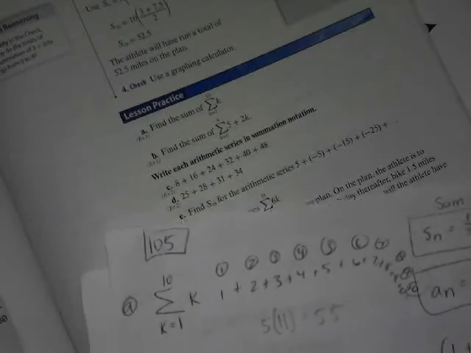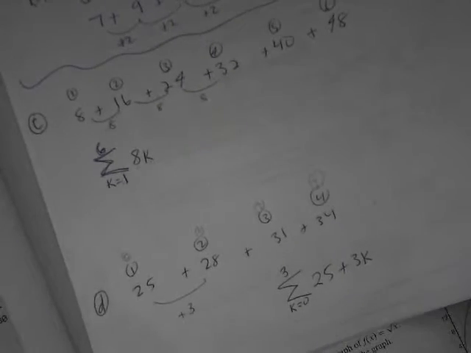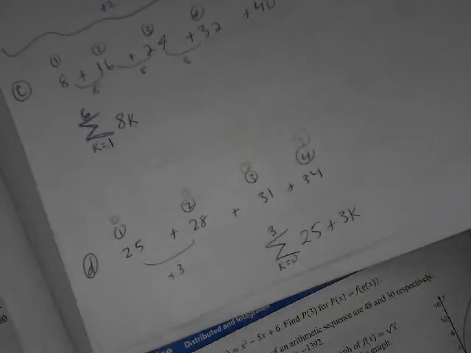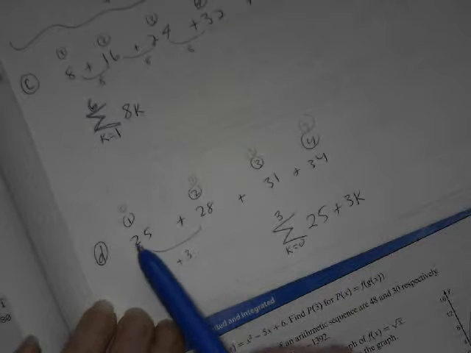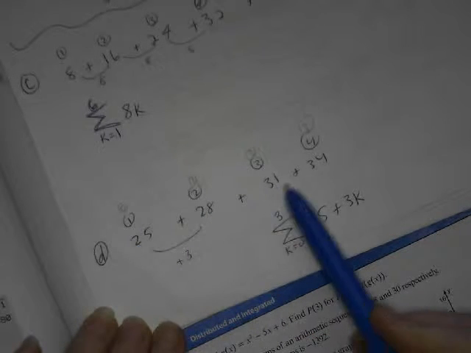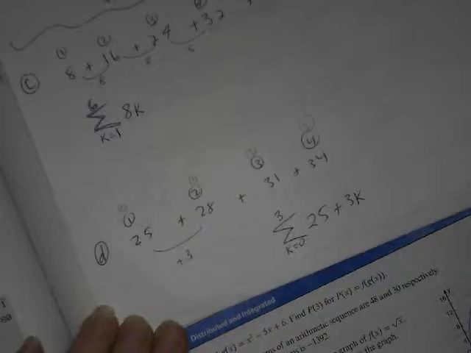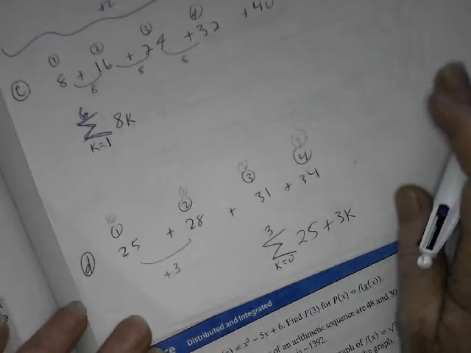Okay, this is lesson 105, letter problems. We're getting ready to do letter D. So letter D gives you 25 plus 28 plus 31 plus 34. You're supposed to do summation notation. The last one I just did